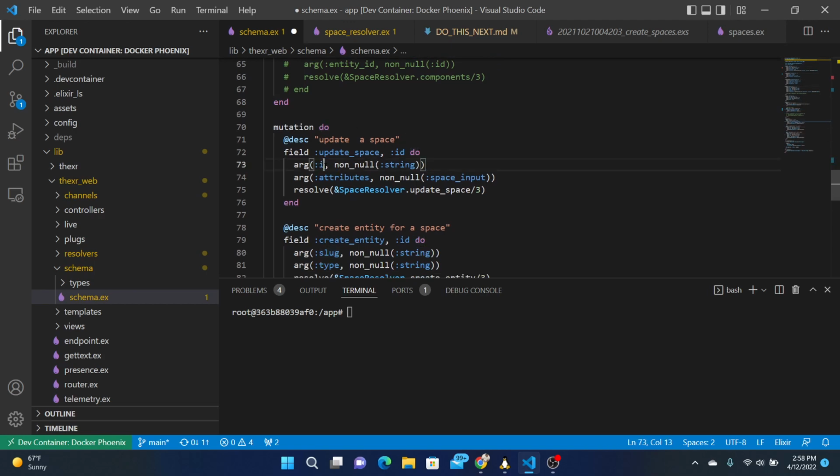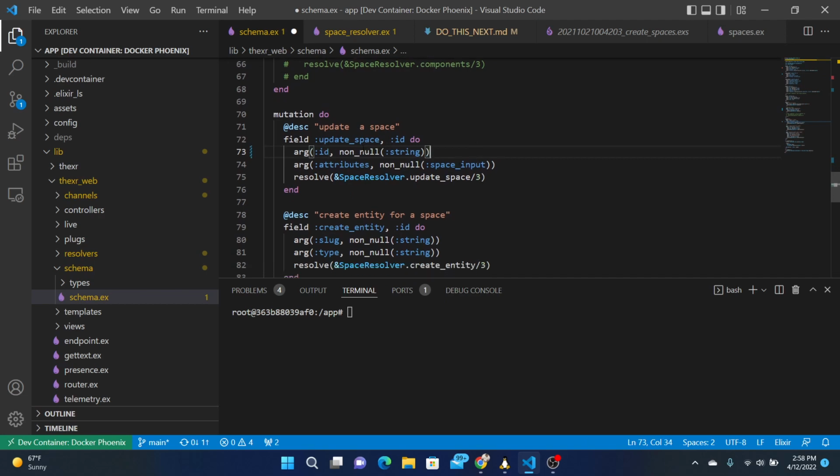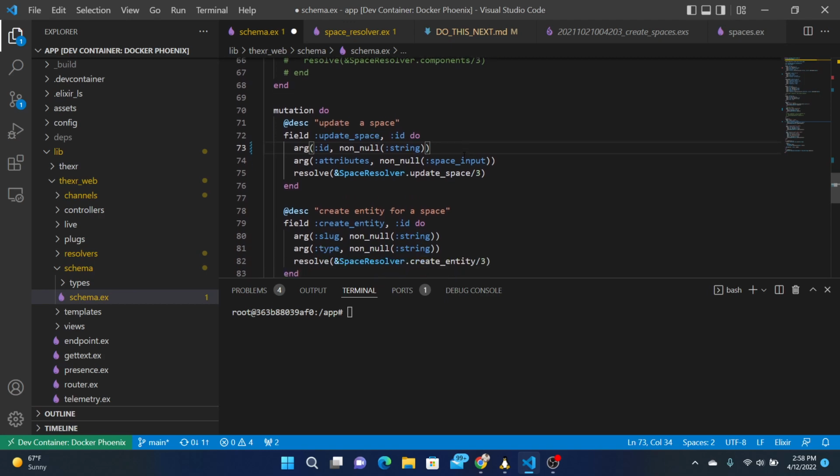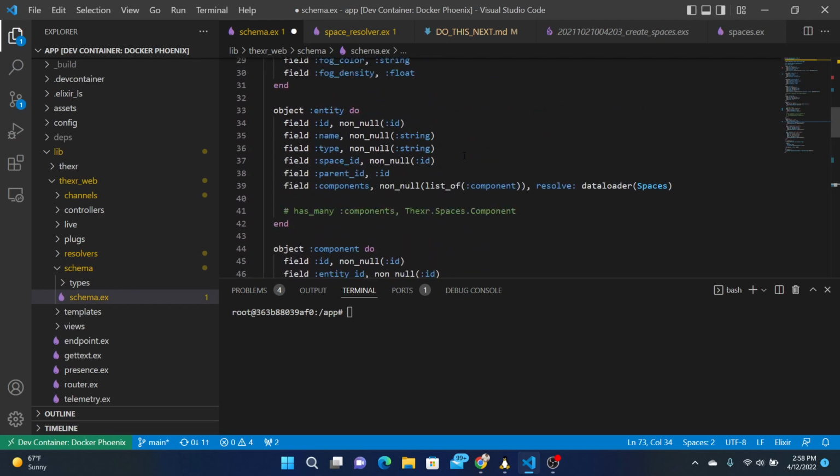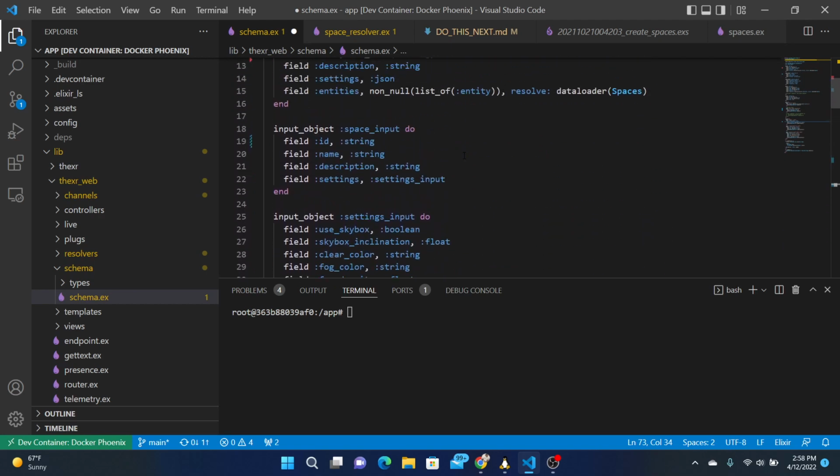Give us the ID and the space input. In which case, space input should not have an ID on it then, right? You can't update the ID.